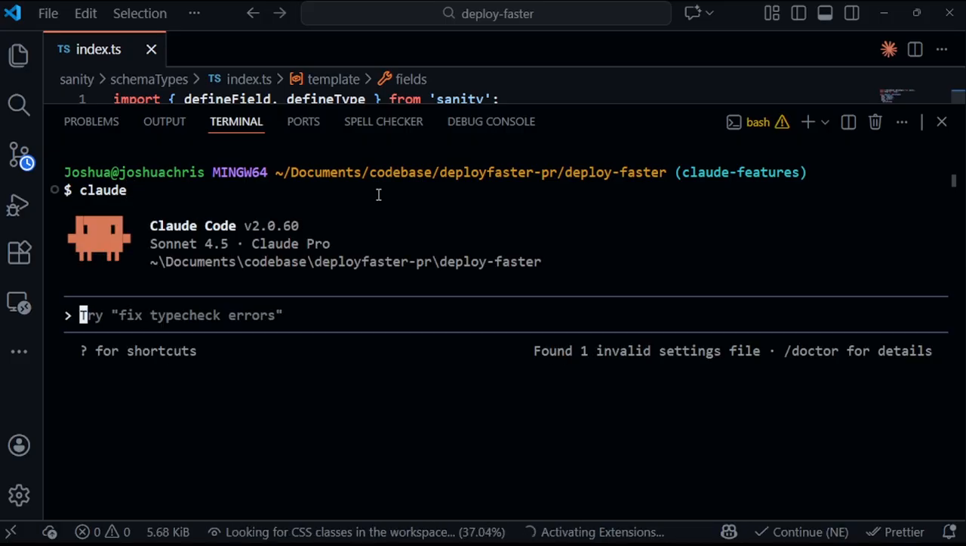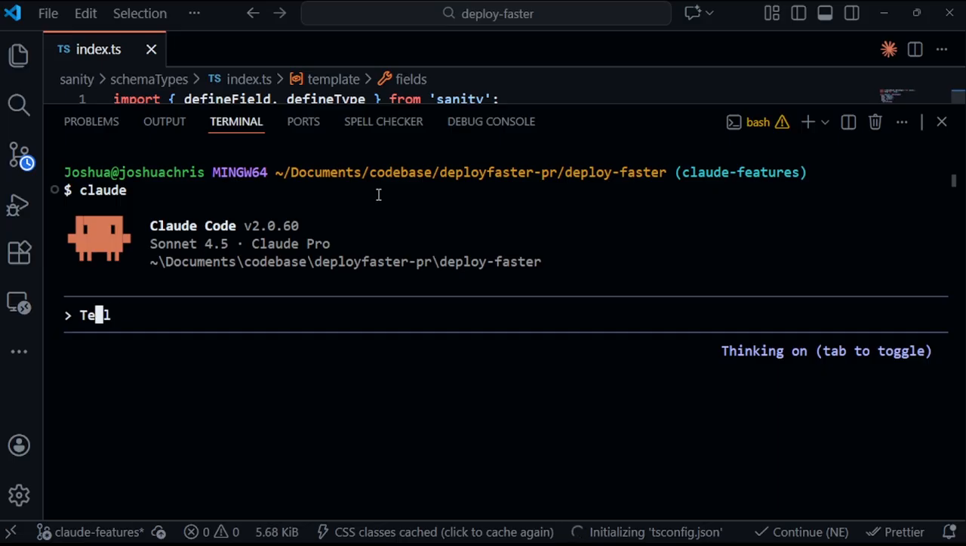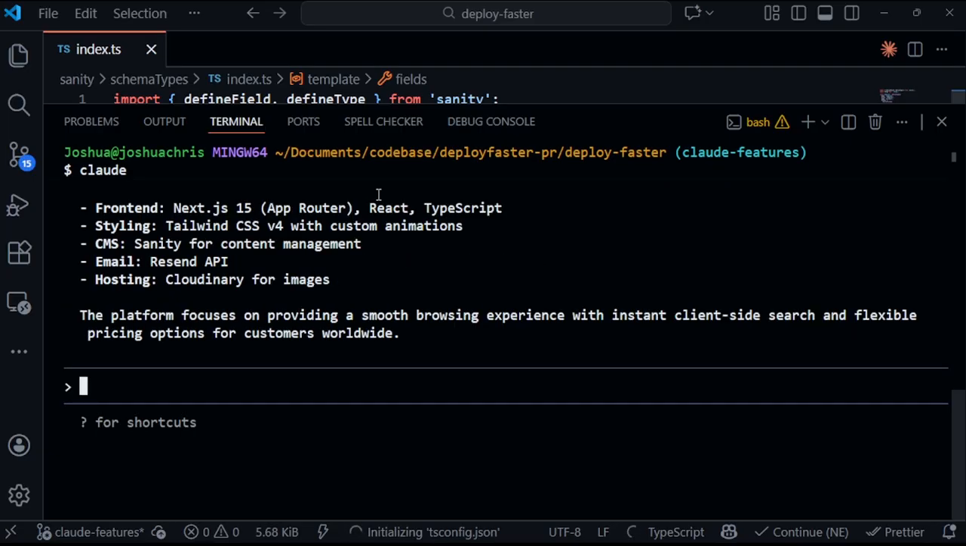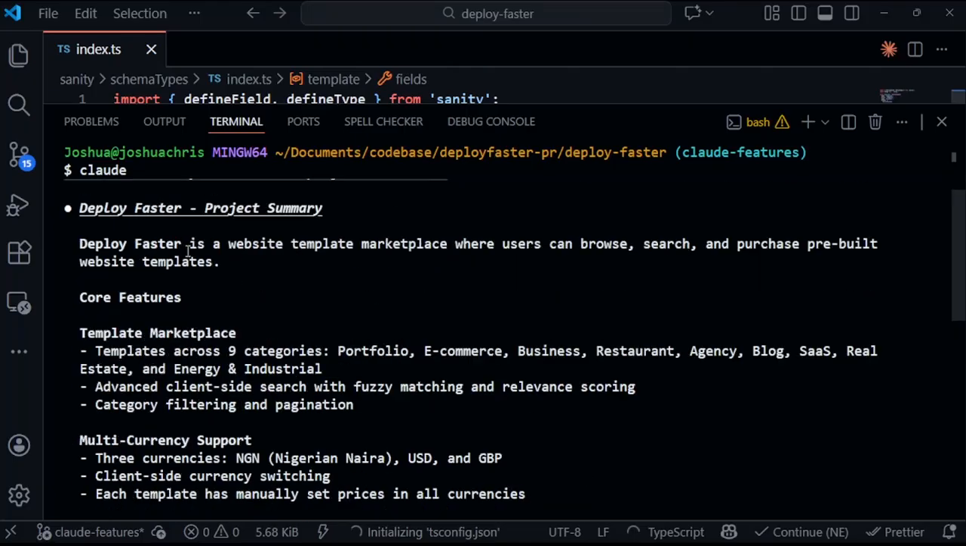Alright, so I'm going to ask it, or rather say, give me a summary of what this is about. So I'm asking Claude right now to give me a summary of what this project is about. It's going to go through the entire code base and tell me what's going on here. Alright, right now we can see that we have something here. Claude says,